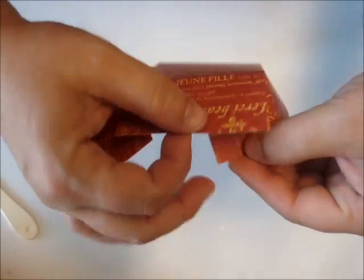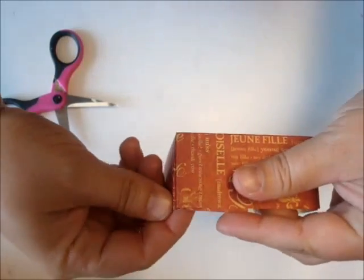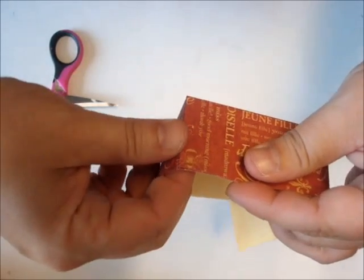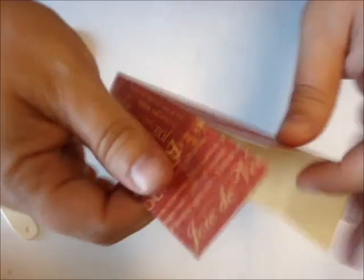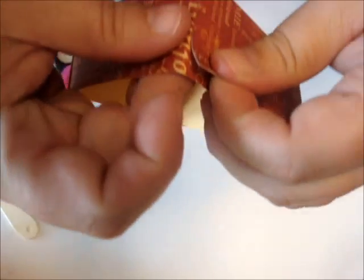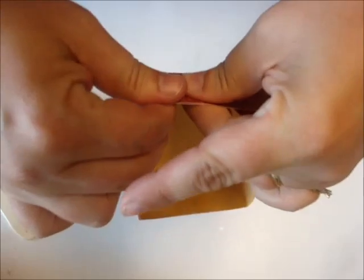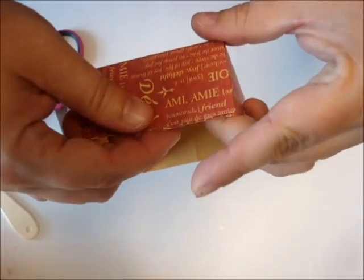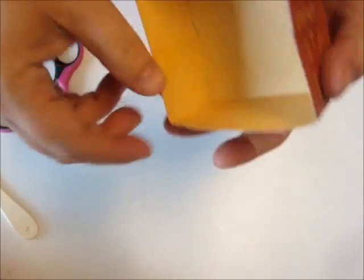So to adhere it, I'm just flipping it right over, lining that up, and pressing. Oops, let me get that right in there. So we have a nice little box here. There we go. And there's the base of our box